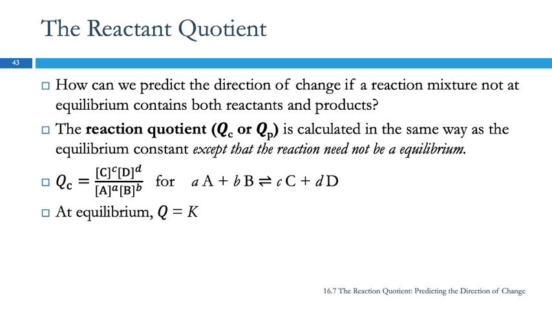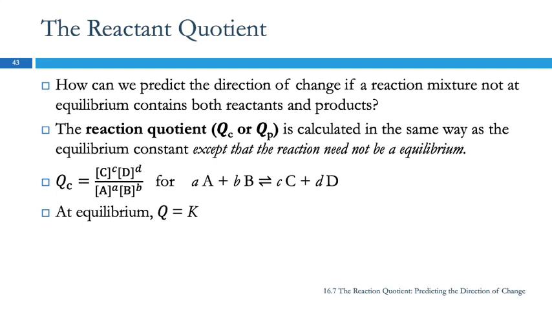We've been talking about equilibria and the equilibrium constants. And today we're going to talk about something called the reaction quotient. And this helps us to predict which direction the reaction is going to go in, given a particular amount of reactants and products. So the reaction quotient, which can be QC or QP, just like the equilibrium constant can be